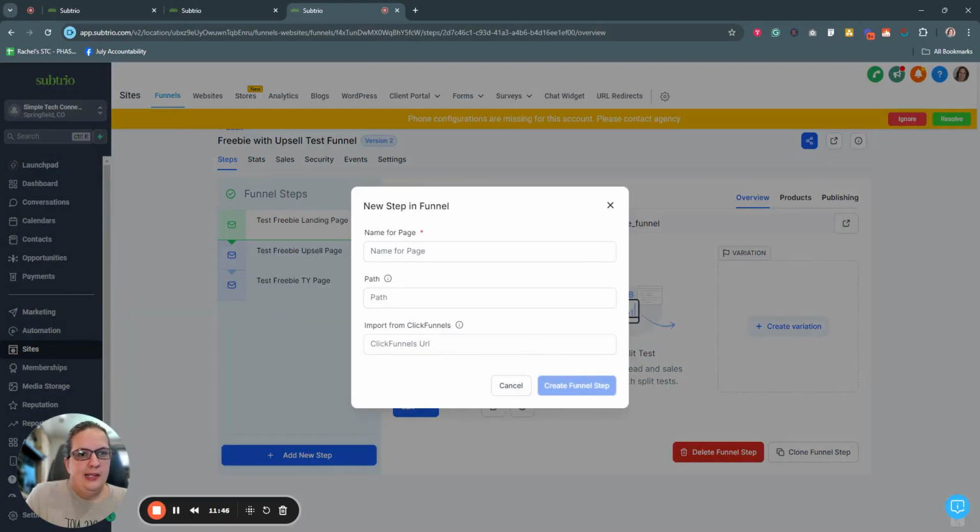Then our little box is going to pop up again, and we need to name this page. So this is going to be our test freebie upsell thank you page. And again, we need to make a good path for it: test freebie upsell